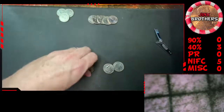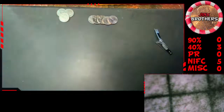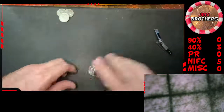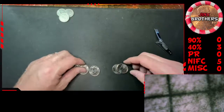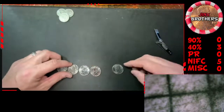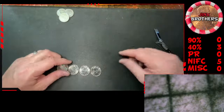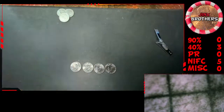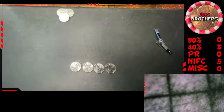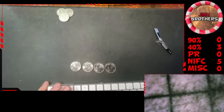There's some more. What are these guys? 2, 4, 5. What are you doing down here? You're a 90. We had 4. Now 5. And an imposter in there. So go ahead and go to